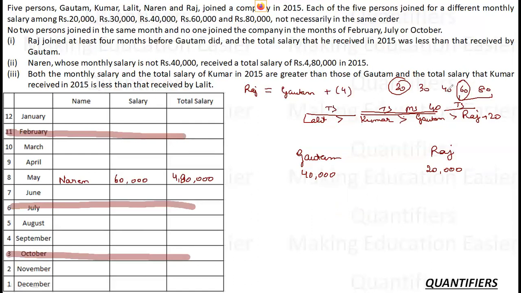And then if Gautam is getting 40, Kumar is getting 80 and Lalit is getting 20. So the salaries are sorted. Okay. Salaries are sorted. Let's try to think about the months now. So if Gautam has to surpass the total salary of Raj, what is the number of months I can keep for him? Let's think about something. Let's say Raj is working for 12 months. Let me reduce Raj a bit and see. I'll get some values. If Raj is working for 12 months, Raj is getting a salary of 2,40,000. Gautam can work for 8 months or less.